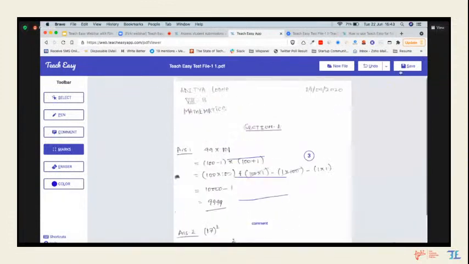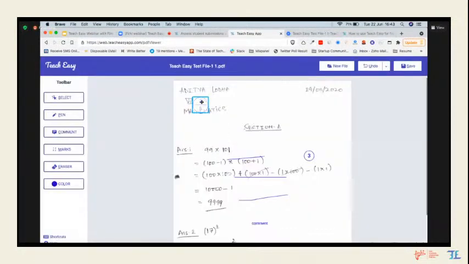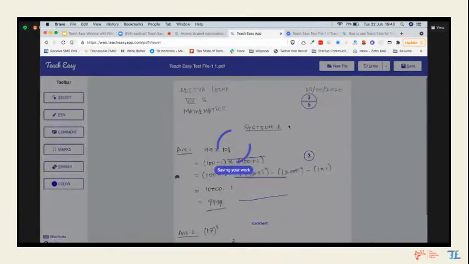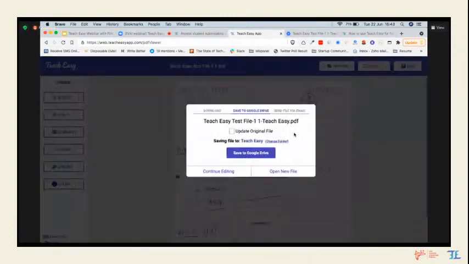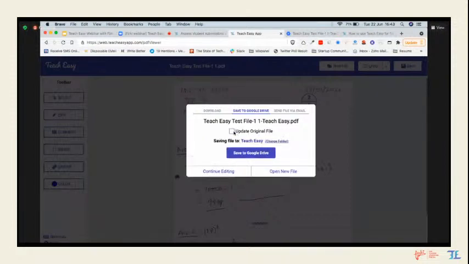So once you complete your work, you can go ahead and save your work. On saving the work, again you will find the options to either download the file, save the file to your Google Drive, or send the checked file to your student via email. So just see, there is this option to save to Google Drive, and the original file can be updated. So if I click on this, the original file will be updated. Else the new checked file will be saved under the Ttz folder, and in one click you can save the file to your Google Drive, right?